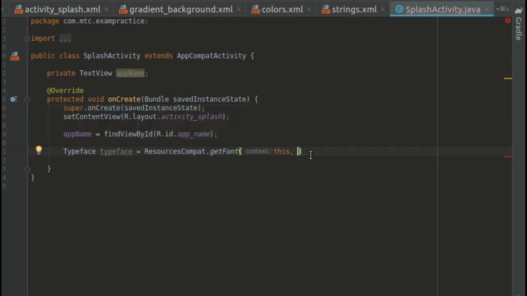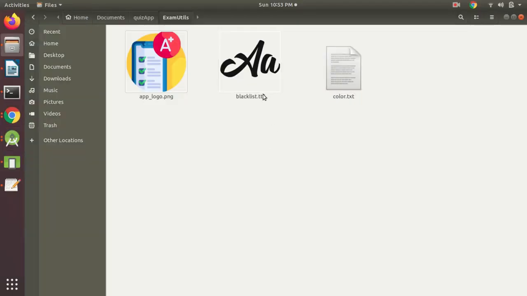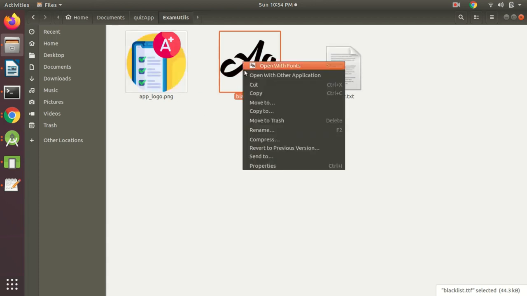So we don't have a font, so let's copy our font file also. So go to our utilities. So this is our font that we are going to use. I will give its link also in the description. You can download all the utilities from the description. Okay, so I will copy this